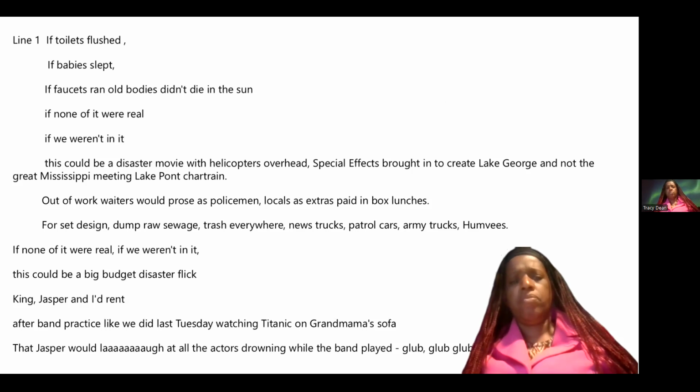Out of work waiters would pose, that word should be pose, in the poem, as policemen,